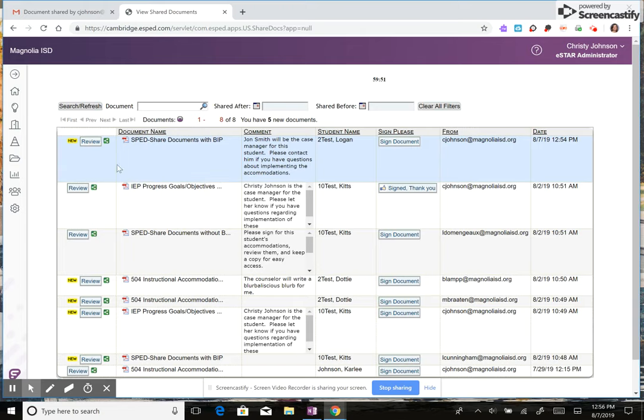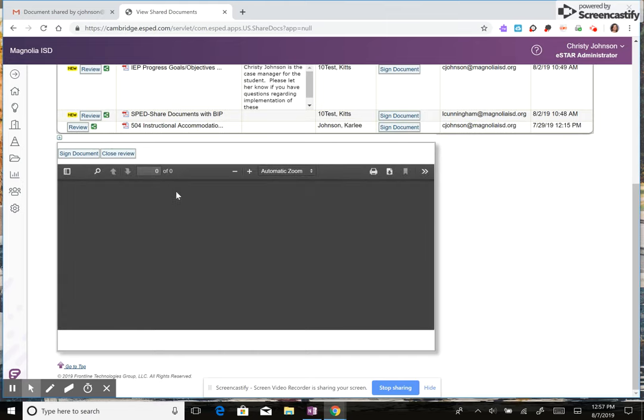This one that I've just received the email for said it's a SPED shared document with BIP. I have a comment of John Smith will be the case manager for this student. The student's name is here, and I have the opportunity to review the document and sign the document. When you click on review the document